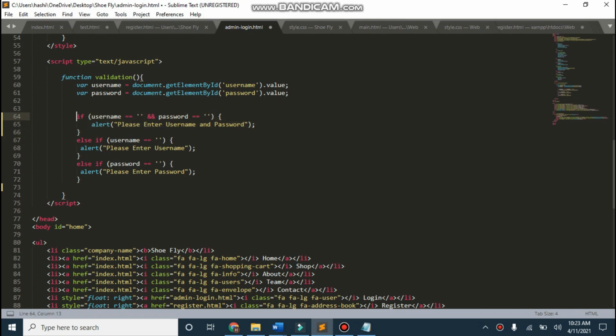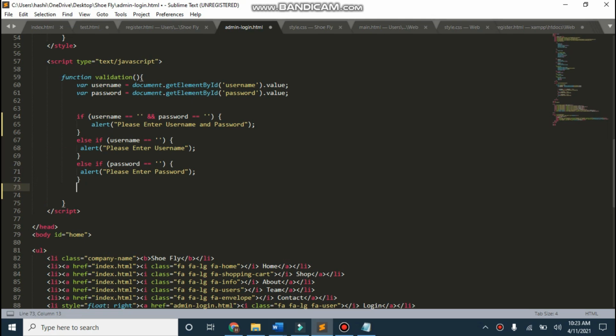First of all, this will check if these both are empty, then this condition will run. Else if these both are not empty, meaning any one is empty, then this will check if username is empty, then run this condition. If password is empty, then run this condition. We can add two more conditions here, like else if